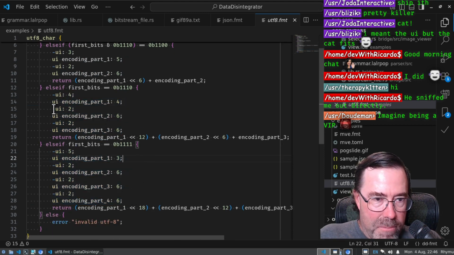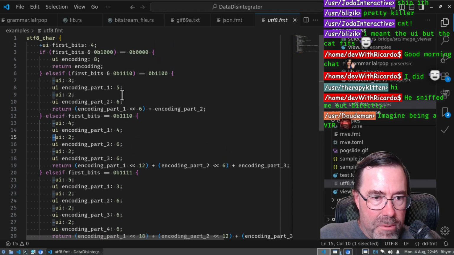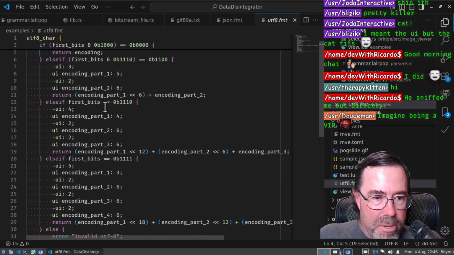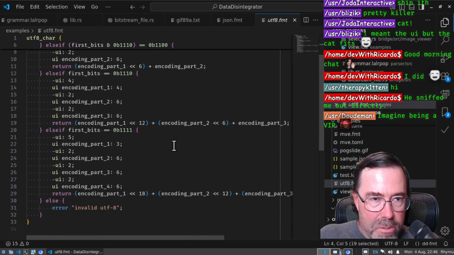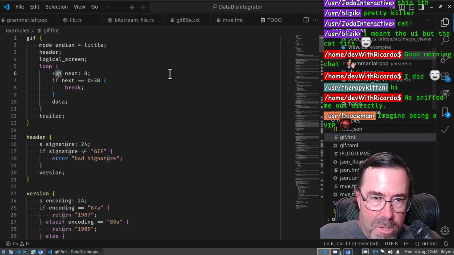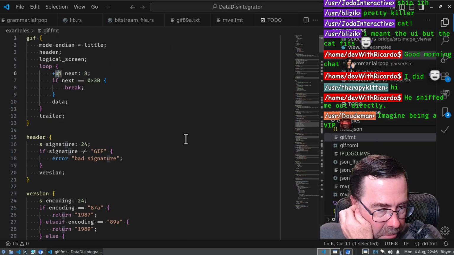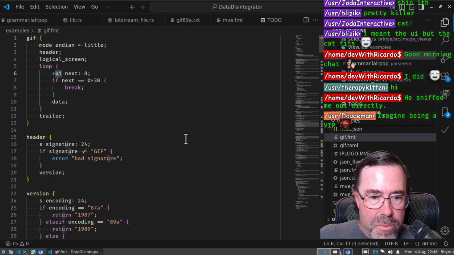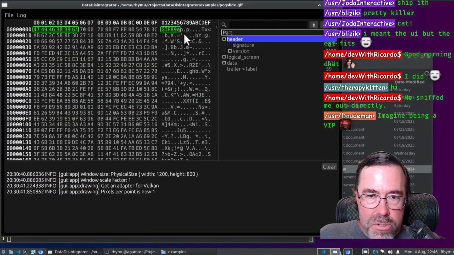And you can see the minuses are ignore, so we drop those bits, and we extract either 4, 5, or 6 bits or 8 bits out from each byte, and we shift them and smash them together, and that's how we get the character. But anyway,